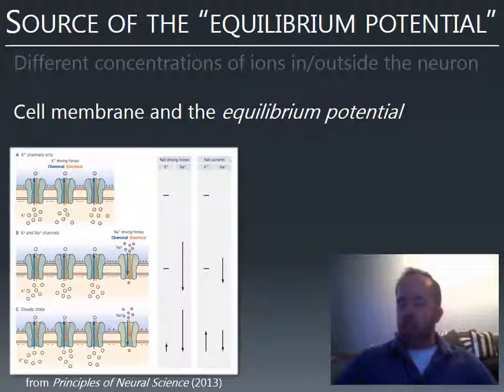So that's what we mean by an equilibrium. If we just let these two ions travel at will across the membrane of the neuron, they'll reach an equilibrium. Well, there will still be more sodium outside than in, and more potassium inside than out, but those two forces will balance out. And sodium will go in until the difference in the concentration is balanced by the amount of positive charge inside and outside.